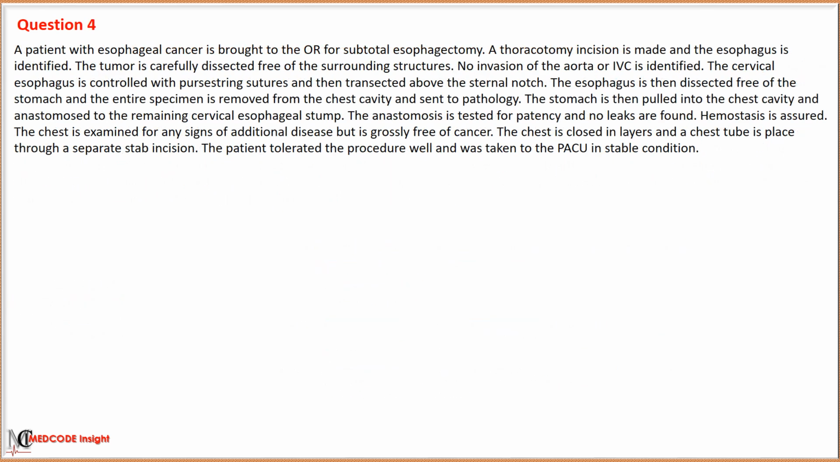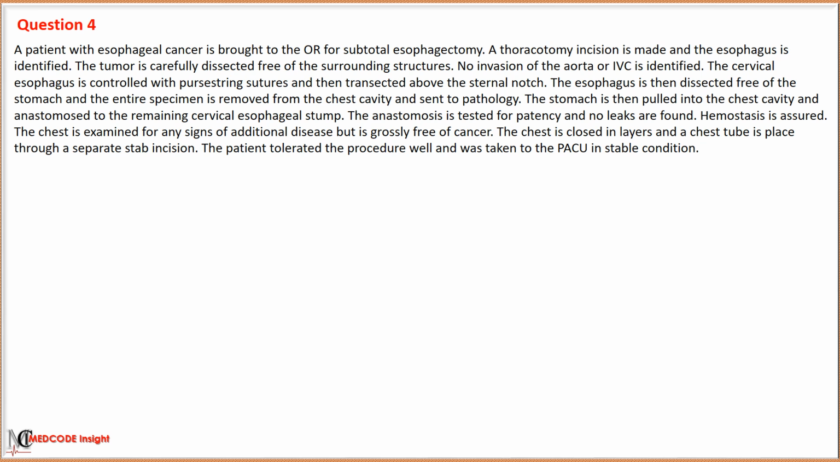A patient with esophageal cancer is brought to the operating room for subtotal esophagectomy. A thoracotomy incision is made and the esophagus is identified. The tumor is carefully dissected free of the surrounding structures. No invasion of the aorta or IVC is identified. The cervical esophagus is controlled with a purse-string suture and then transected above the sternal notch. The esophagus is then dissected free of the stomach and the entire specimen is removed from the chest cavity